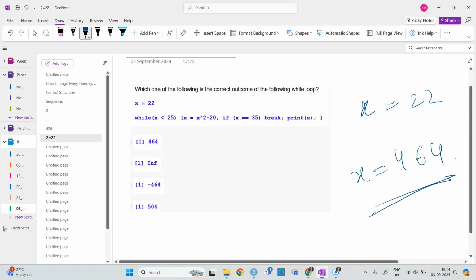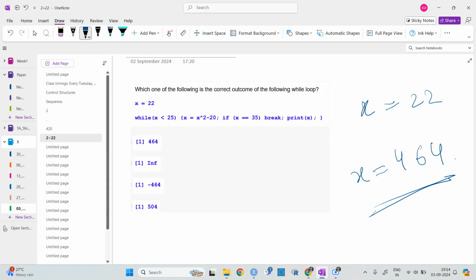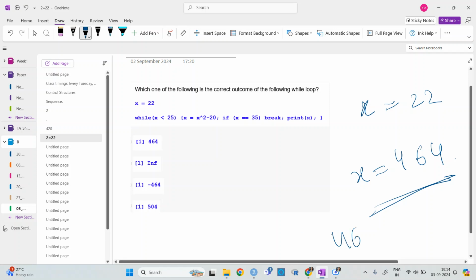So x is now 464. What is given: if x is equal to 35, break. Since x is not equal to 35, there is nothing to break. Then it will print x, so x is 464.